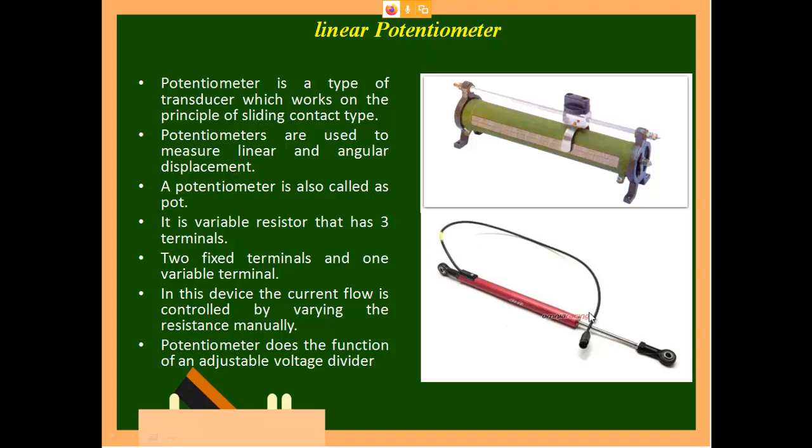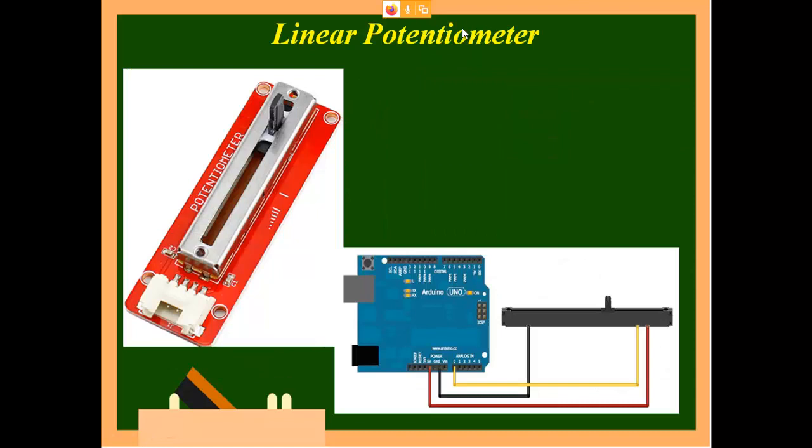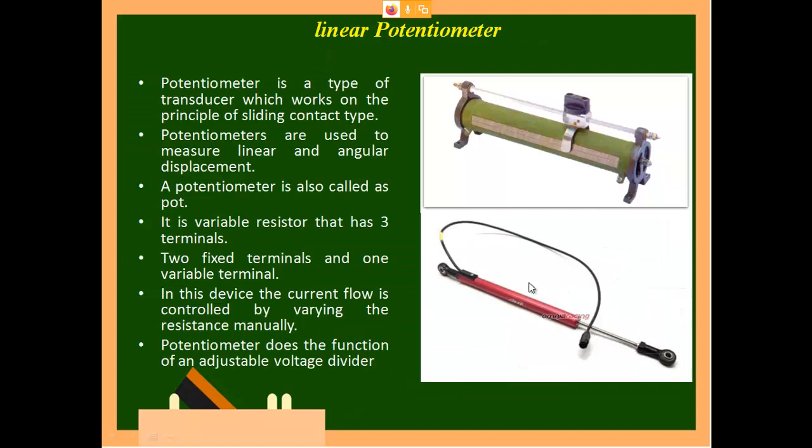Displacement is not taken care of by my device, kindly understand. Now we are not dealing with how to make the displacement. Displacement is occurring, and we try to read how the displacement is occurring with the help of a potentiometer. Okay, and similarly this is readily available. You can even connect it to your Arduino board. So this is also one more linear type. So what we have seen is also linear, which means linear motion is read.